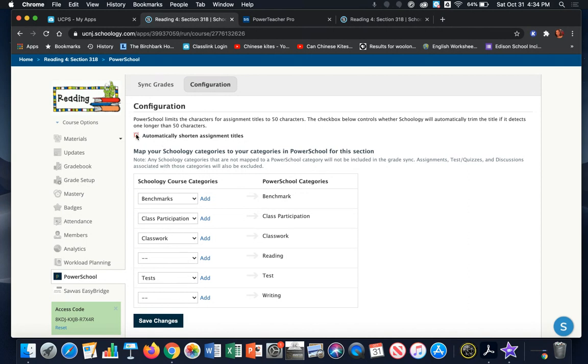And something else, it's important if you have an assignment with 50 or more characters. What happens is PowerSchool limits the number of assignment title characters. So if in Schoology you have more than 50 characters in your assignment title and you're trying to sync back to PowerTeacher Pro and it's not working, this is the reason. So you have to come over here and click on automatically shorten assignment titles. That way, if in the future you happen to create an assignment title in Schoology that's more than 50 characters